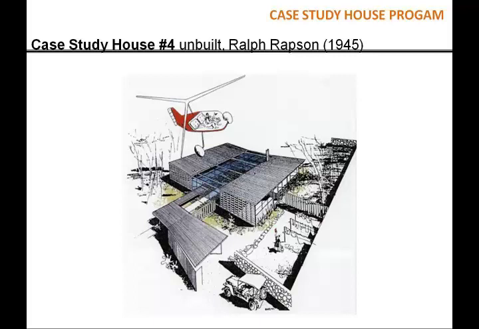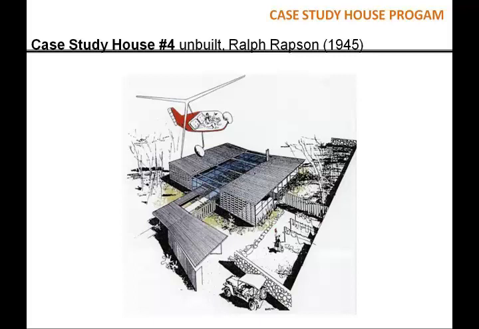Interestingly, Ralph Rapson was one of only 2 architects from outside of California to be tapped to design a Case Study House. This project, Number 4, was as boldly modern as any of the California designs and built studies. Unlike some of the other projects, Case Study Number 4 was designed for a more urban lot and has therefore a more introverted design. It focuses its attention on an interior courtyard space instead of outwards to the great landscape